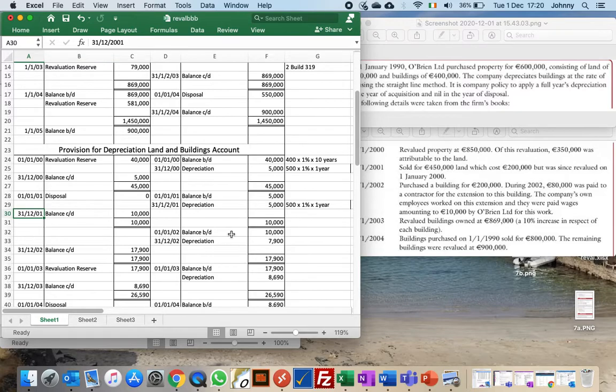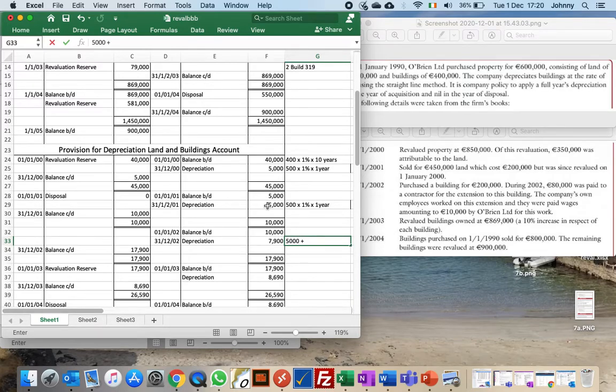I started off 2002 with 10,000, which is the depreciation that we had carried over from the previous year, which is basically 2 years depreciation on building 1. Now I have to depreciate building 1 and building 2. Now building 1 is going to be depreciated the same as it was before, so 1% of 500,000, which is 5,000,